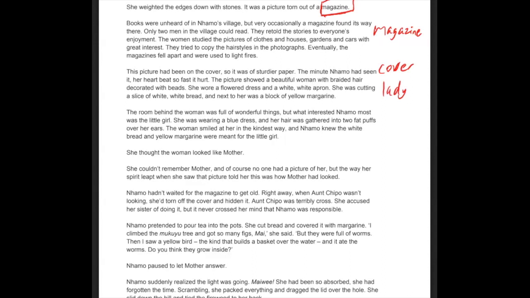well as the little girl who is mentioned over here, right? Underline that section over there. The white bread and yellow margarine. All of these different elements just feed into what the concept of this entire paragraph or this entire section is about. Of course, the fact that the lady also reminds her of her mother is something to note.